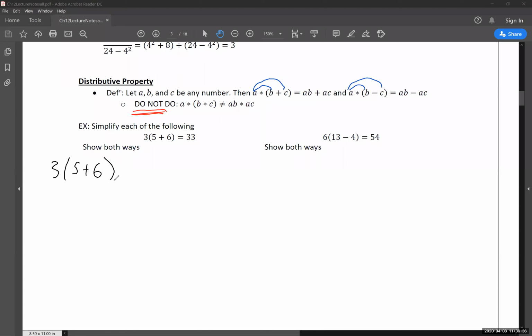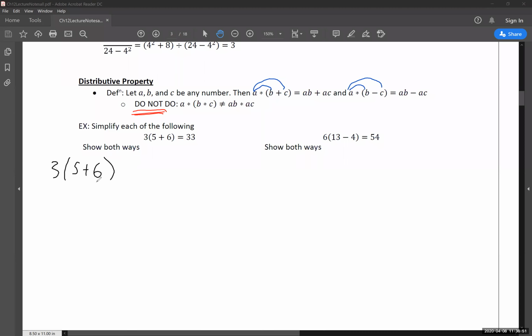We're told to simplify this thing. And now the thought would be, okay, well, I can use PEMDAS, I can use the order of operations to go through and solve this thing. And you're 100% correct that we can. So let's go through and use the familiar method that we have.